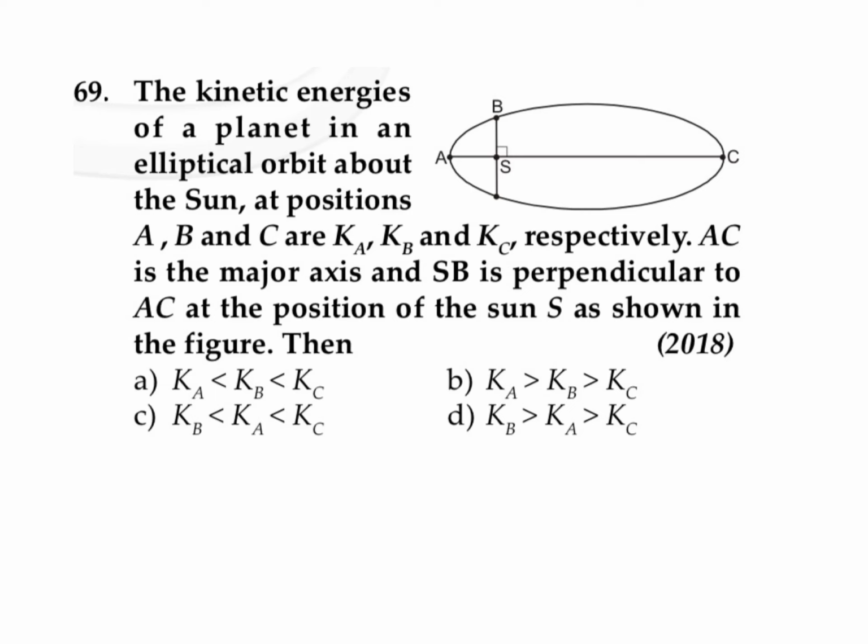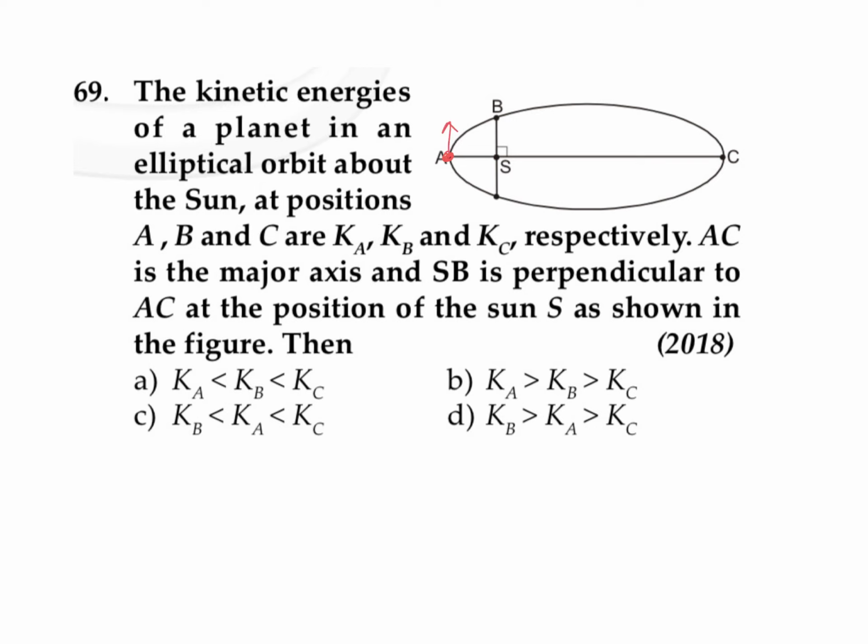The kinetic energies of a planet in an elliptical orbit about the Sun at positions A, B, and C are Ka, Kb, and Kc respectively. AC is the major axis and SB is perpendicular to AC at the position of Sun as shown in figure. Then we know that according to conservation of angular momentum, when the distance is minimum, that means at point A,